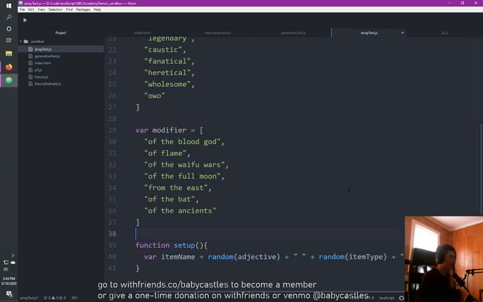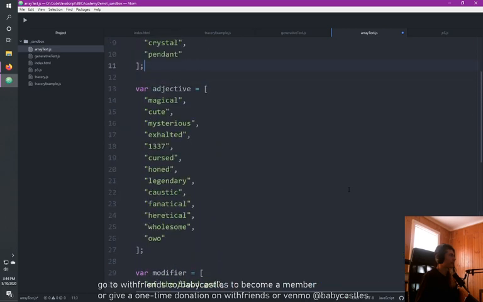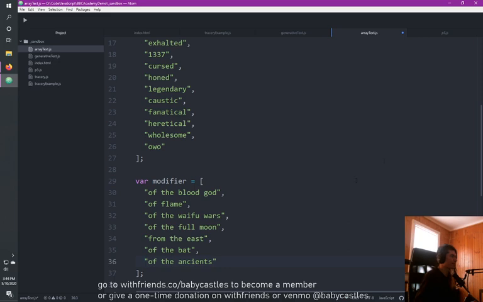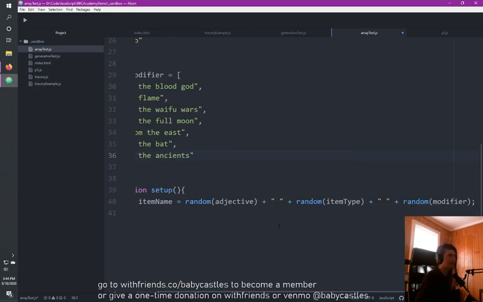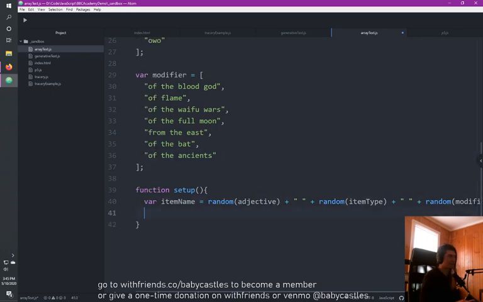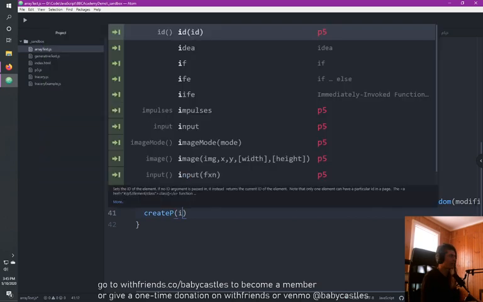Oops, I should probably put semicolons after these also. JavaScript's weird in that it won't throw an error if you skip them, but it likes it more if you do, I think. And then we could just debug this out to the screen, but I'm going to create p, and then